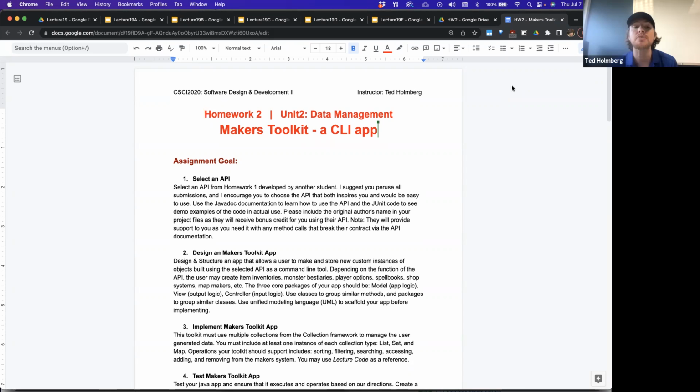Use classes to group similar methods and use packages to group together similar classes. I do want to see appropriate organization of your applications for this assignment. And it would be useful if you also used a UML, or Unified Modeling Language, to scaffold your app before you implement. I'm not going to require that. I'm just saying that that would be a useful tool for you to look into to start designing the interactions of your app